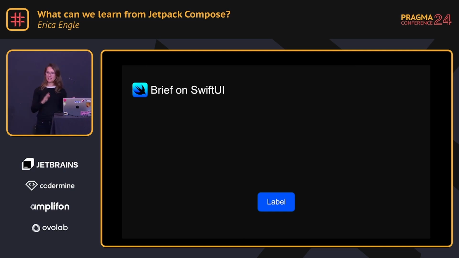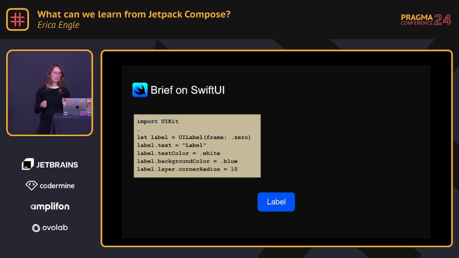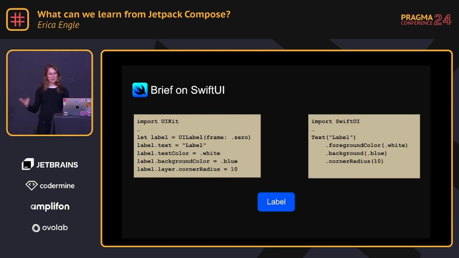So let's take a step back and say we're building out a label. In UIKit land, we're going to create the label, we're going to set all the properties, we're going to decide what we want it to look like, we might make some changes, have to recompile, build, the whole process. Looks pretty familiar, very normal. Same idea in SwiftUI, and I don't know about you, but it just feels nice. Everything feels readable, the chaining feels correct, everything just looks how it should.